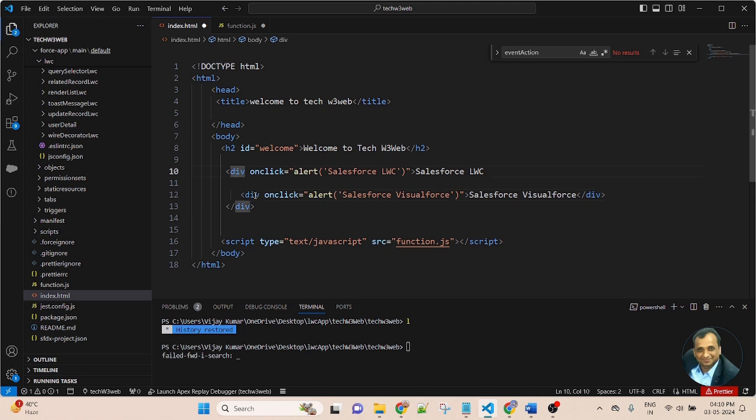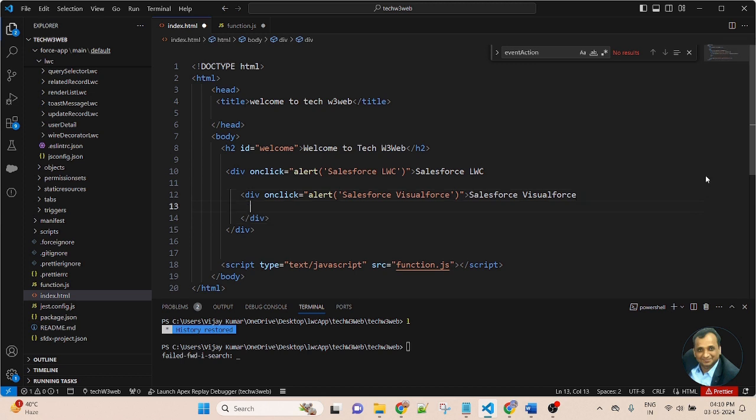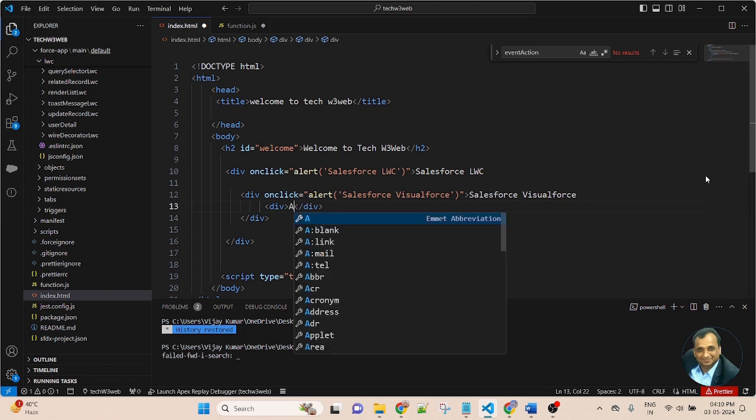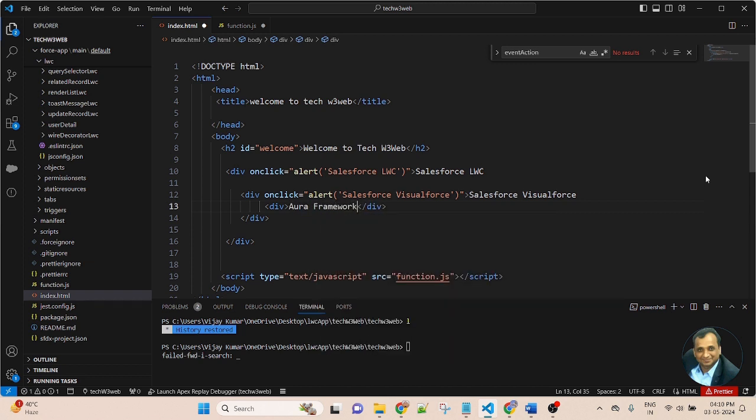So this is a parent, this is a child. After closing that div, I am creating another div, and in it I am writing the text Aura Framework Salesforce. Here I am also passing the onclick event, so the alert message displays Aura Framework Salesforce.